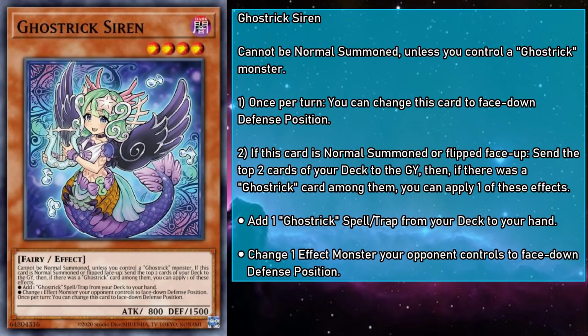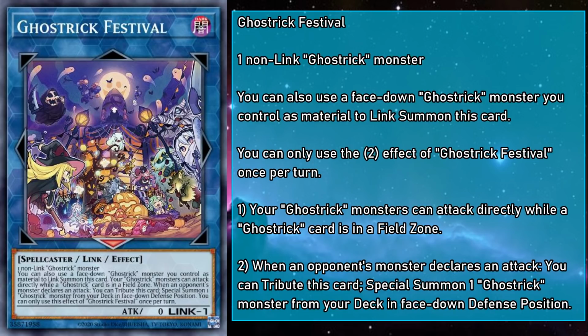But what would Legacy support be without an opportunity to break the rules of the game? Ghostrick Festival, despite looking like one of the deck's field spells, is a Link 1 Dark Spellcaster Link monster with 0 attack, requiring a non-Link Ghostrick monster as material. However, you can also use a face-down Ghostrick monster you control as Link material for its summon, which you normally can't do. Festival allows your Ghostrick monsters to attack directly while a Ghostrick card is in a field zone, and when an opponent's monster declares an attack, you can tribute Festival to special summon a Ghostrick monster from your deck in face-down defense position,